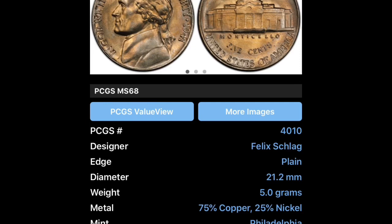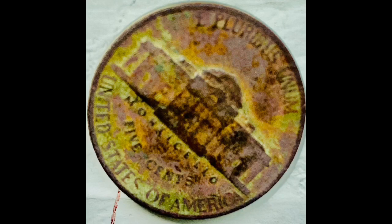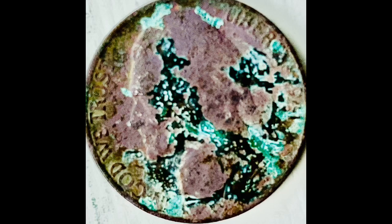So upon finding this nickel and noticing that there was a lot of copper in it, I was curious why there was a lot of copper, or if there was a lot of copper. So I looked it up on CoinFacts. CoinFacts, if you didn't know, is a free app for your phone. Amazing app. It'll give you a lot of details. So as you can see, there is 75% copper and 25% nickel. If there was a mint mark, the mint mark would be on the right side of the foundation of the building, so Monticello, close to the foundation, at the bottom. Obviously, I need to clean this coin up a little bit more. I messed around with the photo a little bit so the bust will pop out, but it's